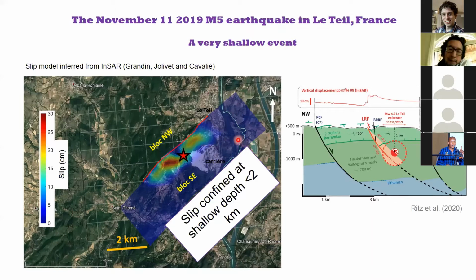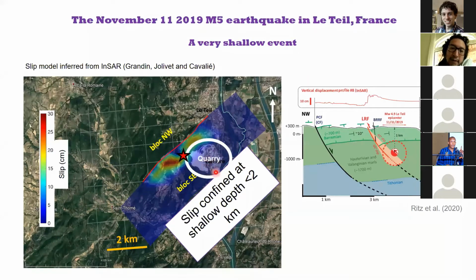And the other, of course, very important aspect of this today is that right on top of the fault, we have this quarry. That's the Lafarge quarry, which is very big, even compared to the size of the rupture. And if you take into account the dipping angle of the fault, this is a geological cross-section across the fault. The Teil quarry is sitting just about 1 kilometer above the fault.